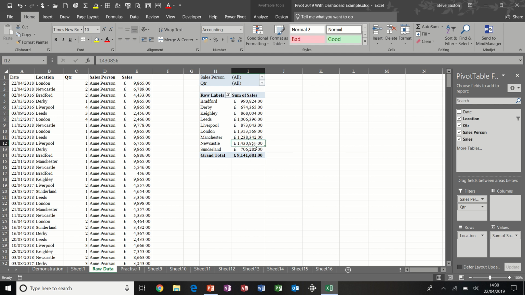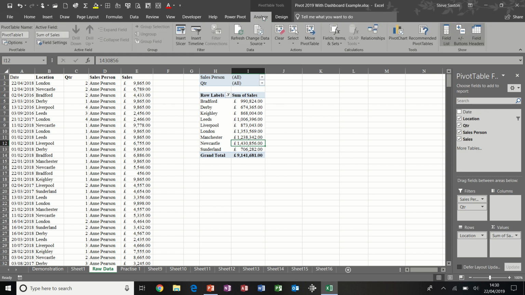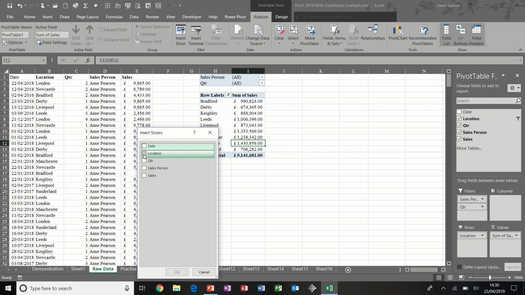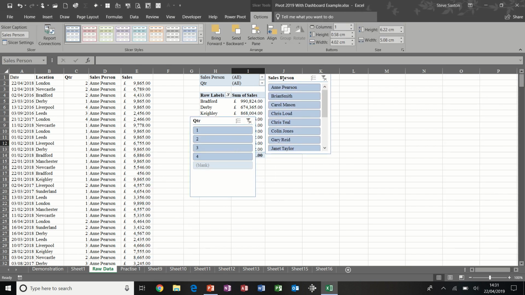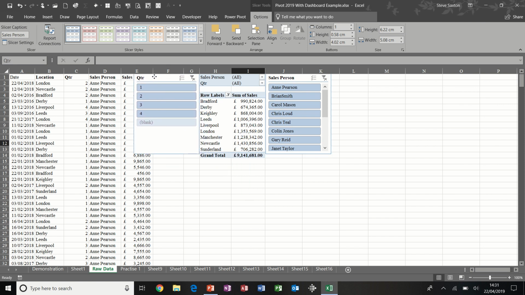Now, where I showed you on the demonstration sheet was slicers. Now they live on the Analyze tab. I click there, insert slicer, and then you tick whichever slicers you want. So for this example, I just want salesperson and quarter. That'll do. Click OK to that. I get these two boxes, and I'm just going to position them side by side, outside of the